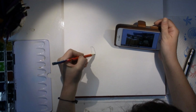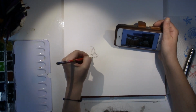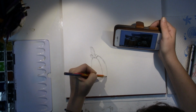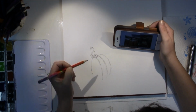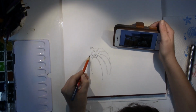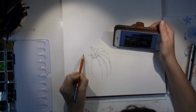Today I'm having a watercolor painting. It is autumn, and I cannot get around autumn season without painting or drawing a pumpkin. It's one of my favorite decorative items and vegetables to eat in autumn season, and I'm actually a little late with my painting here today